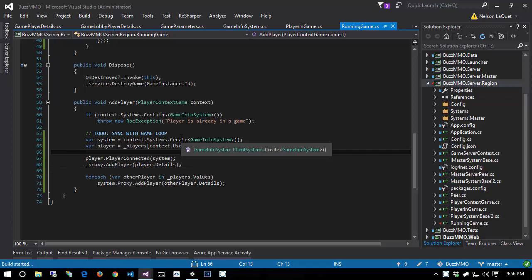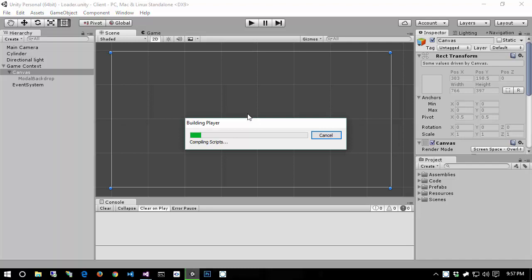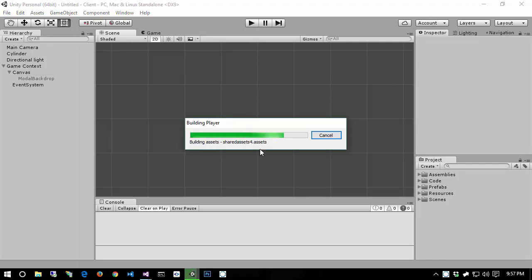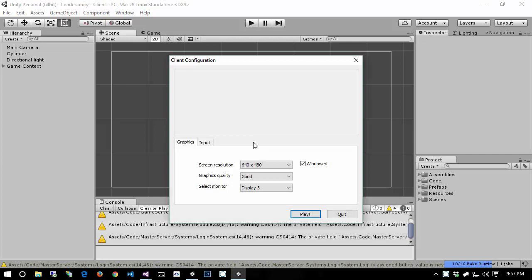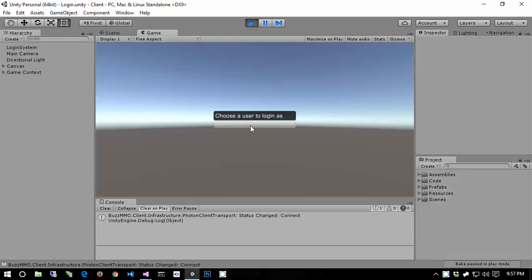I'm going to hit F6. I already have everything running. I'll jump over to Log Fusion and make sure that this gets restarted. Let's wait for a moment for it to restart. Yep, it's restarted. Now let's come back to Unity. I'm going to go ahead and hit Control-B to open up a different connection here, so we can log in as two individual people, join a lobby, and start a game. And we'll hit play, then in the meantime we'll come over here and hit play, and then we'll wait for the database connection to spool up